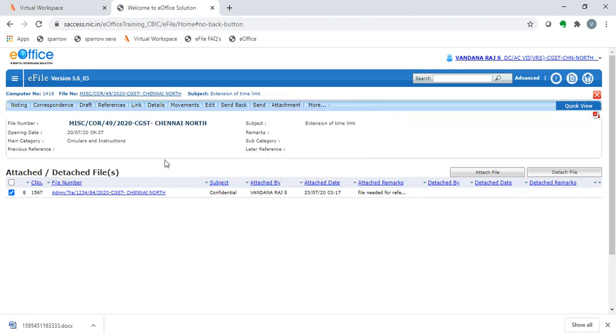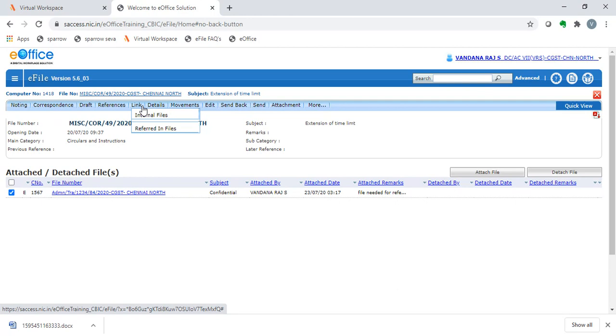So now let's talk about the differences between link and attachment. In link file, it is similar to the case wherein we keep a Xerox of some file papers in a physical file. So we are able to work on both the physical file and as well as the linked file. However, in attachment, we notice that sometimes we keep an entire file into another file in the physical case. This means we cannot act on the attached file once it is attached.